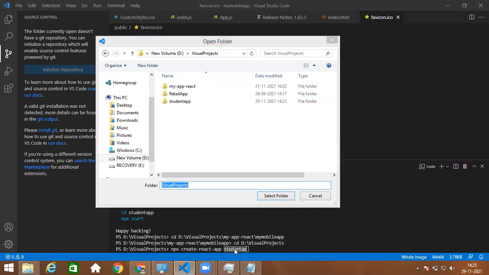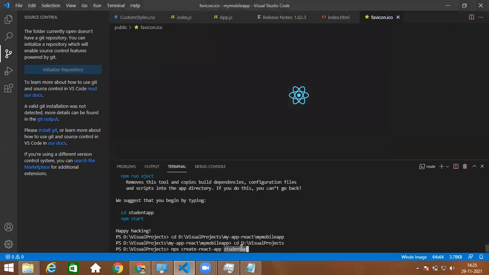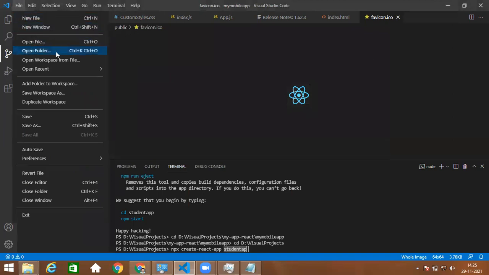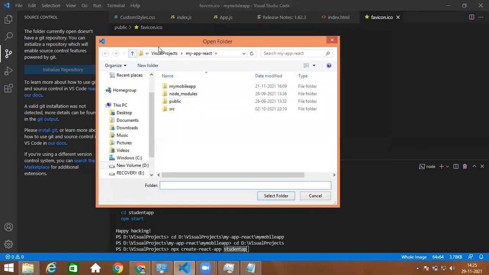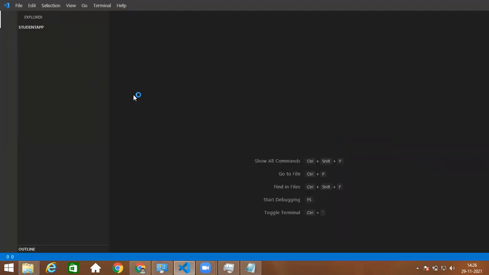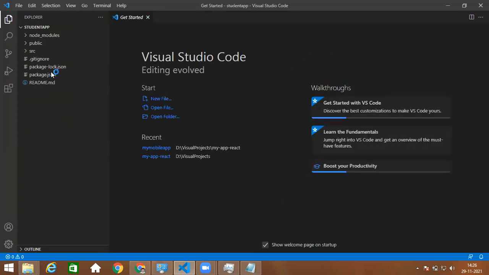I created it as student app. I'll open that path: click on File, Open Folder, go to Visual Projects and student app. This is my React project. Select the folder.